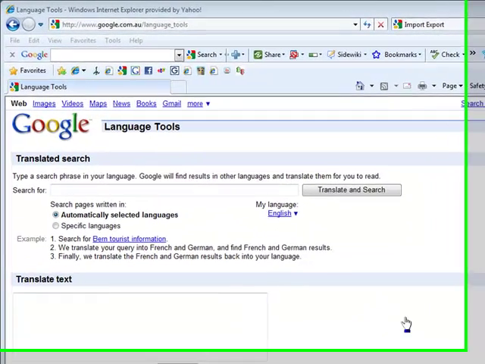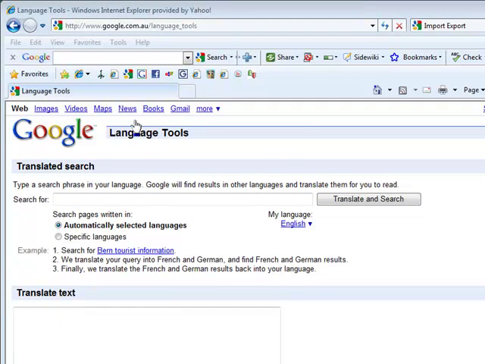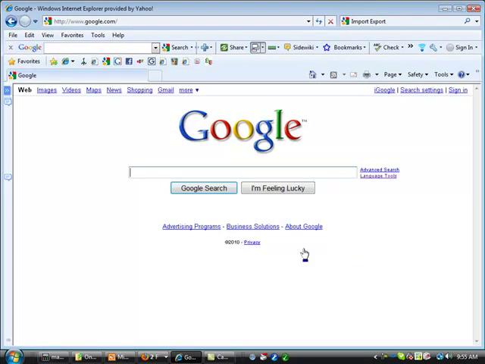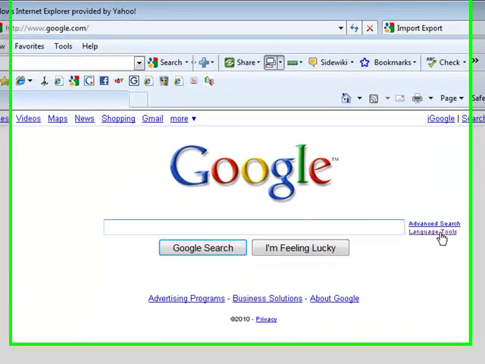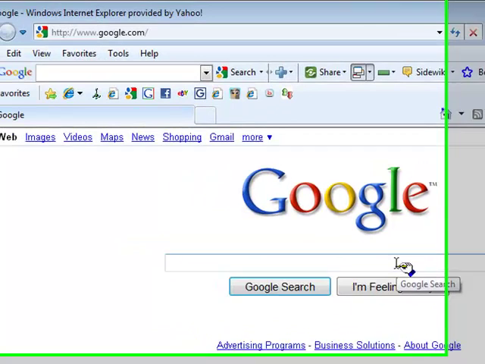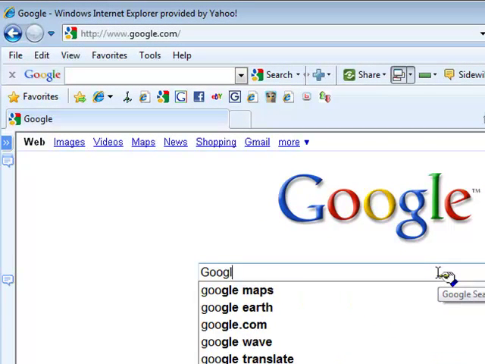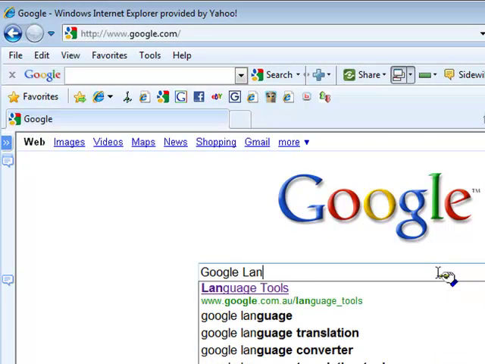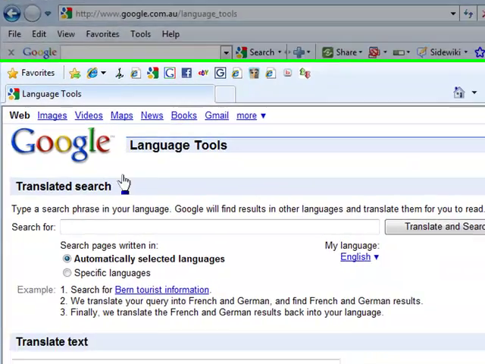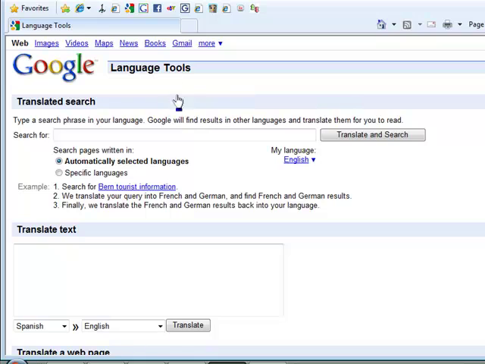Hi, welcome back. This is the main page for Google language tools, but let me show you. You can go to google.com, and this is the Google main page where you can either select this language tools selection here to go to the Google language tool page, or you can even search for Google language right here. The first one is right there. As soon as you say Google language, it comes right here, it's the same page, and it's basically